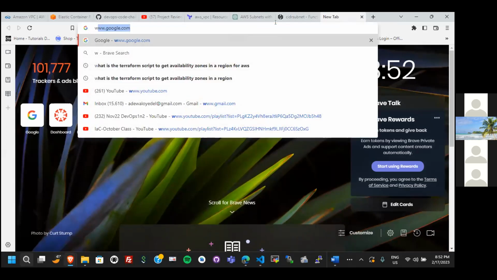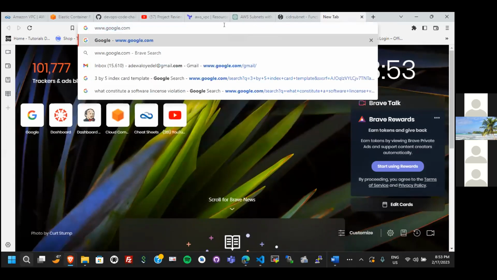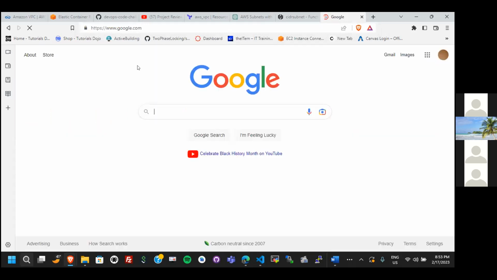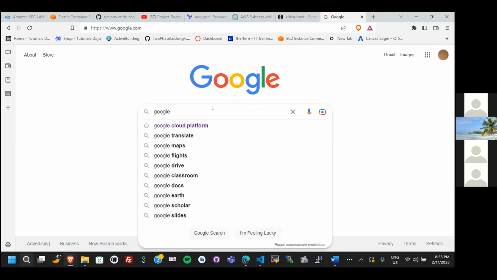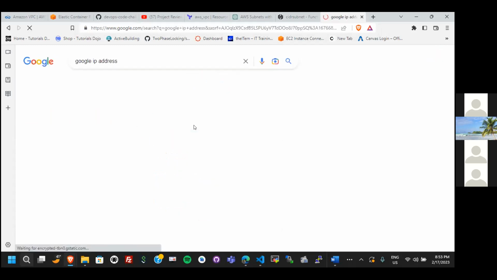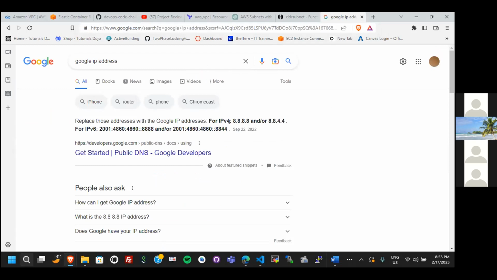If we type www.google.com, this means we are using the DNS of Google. If I don't want to use the DNS of Google, I can decide to use the IP address of Google. How do I know the IP address of Google? If I look up Google IP, Google is using this IP,